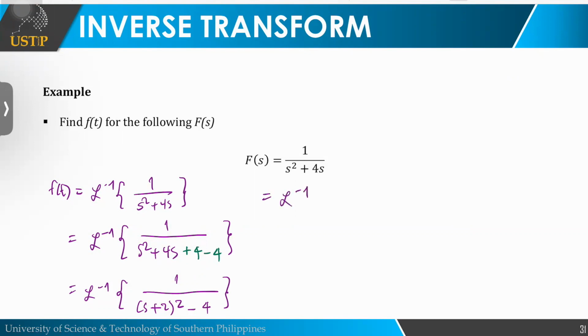Okay, so the inverse Laplace transform of 1 over s plus 2 squared. Let's rewrite the 4 into a square so we can see it better. So we have 1 over s plus 2 squared minus 2 squared. What can we conclude from this? If we recall,